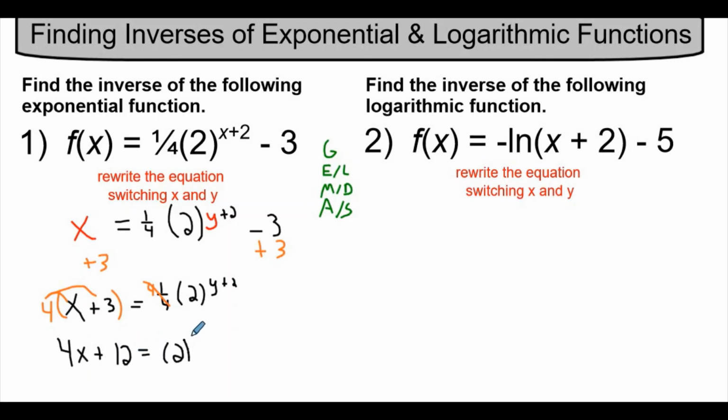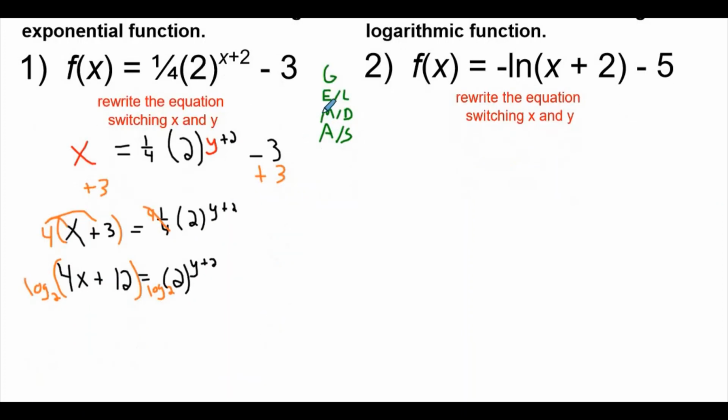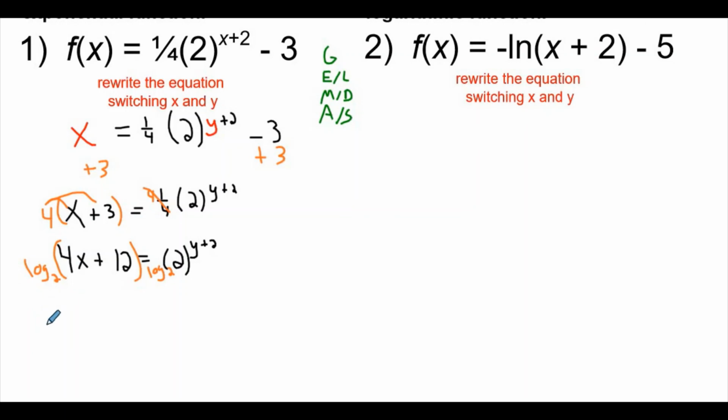All right, so now we've done the first 2 steps, addition and subtraction. We did multiplication and division. We're now going to use a logarithm to get rid of the exponential base. So we're going to log base 2 here. And then when we log base 2 here, we don't distribute this. We just put all of this into a parentheses. All right, so we have log base 2 of 4x plus 12